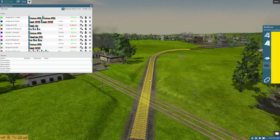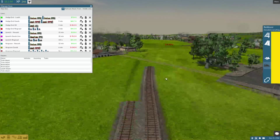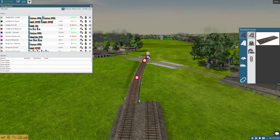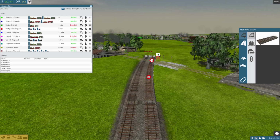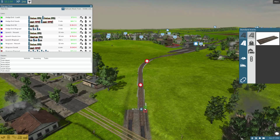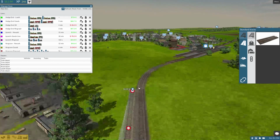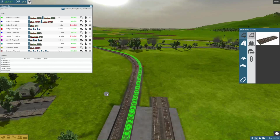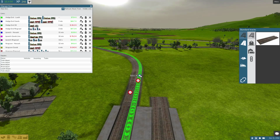Okay, we might have to tweak this a bit. Come over a bit more. Let's see if we can bring that over a little bit like that. There we go. That'll go like that. And then we'll bring these lines in and around. Here we go. Right. Hopefully, once we put... There we go. We've got a line there. Once we do this...